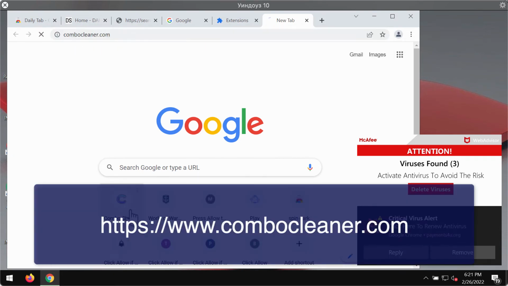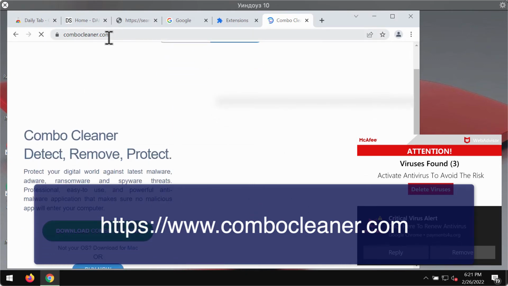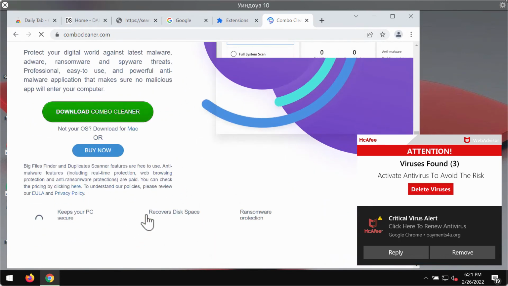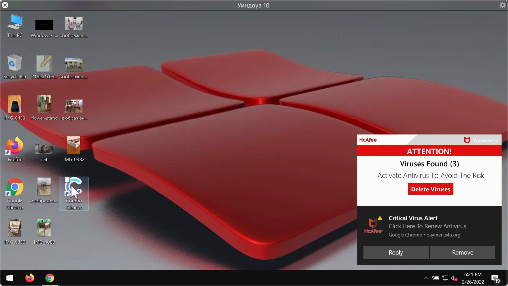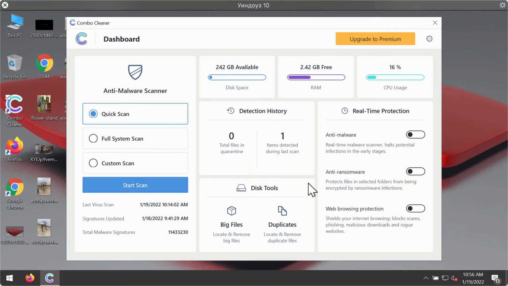Finally, I recommend you to research the system additionally with Combo Cleaner antivirus by going to the page combocleaner.com. Download the software using this green button, install the application, and start researching your device to detect and delete other threats from the system. After you have successfully downloaded and installed Combo Cleaner antivirus, it will be in the trial mode,